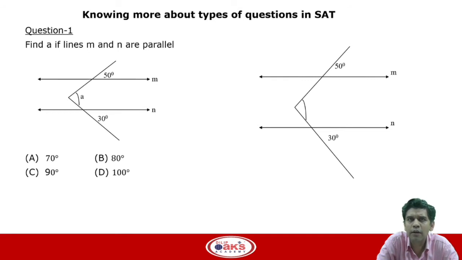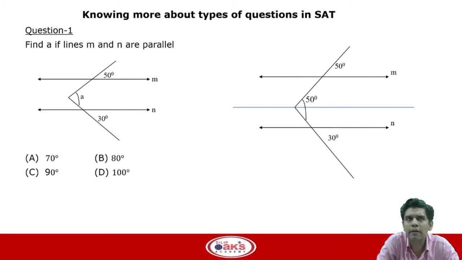Now, obviously what I am going to do is draw one more line which is parallel to both the existing lines. Why? The reason is there are two parts of the diagram, and to connect these two parts, I will make this construction. As I draw this third line, which is visible in blue color, and it is parallel to M and N, you can make out that angle 50 degrees as given is the same as this angle, which is a corresponding angle, and hence each one of them will be 50 degrees.